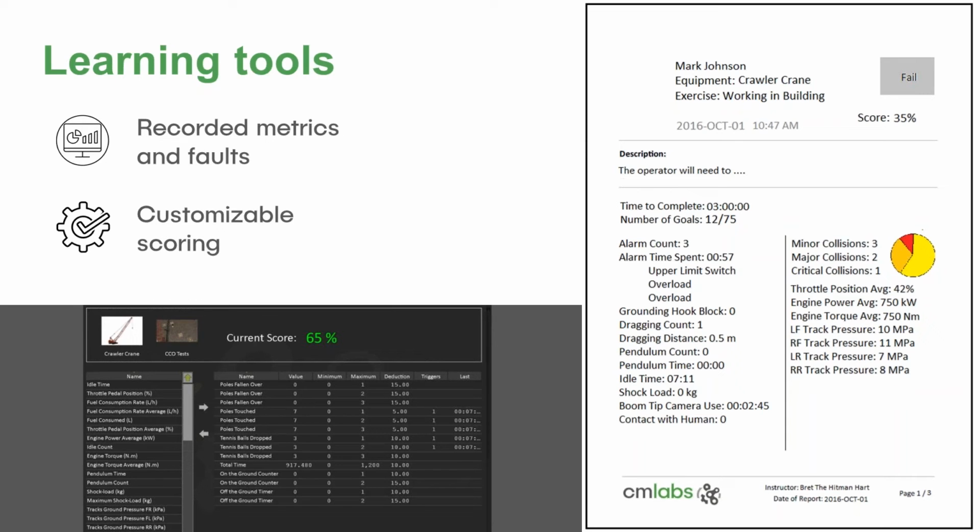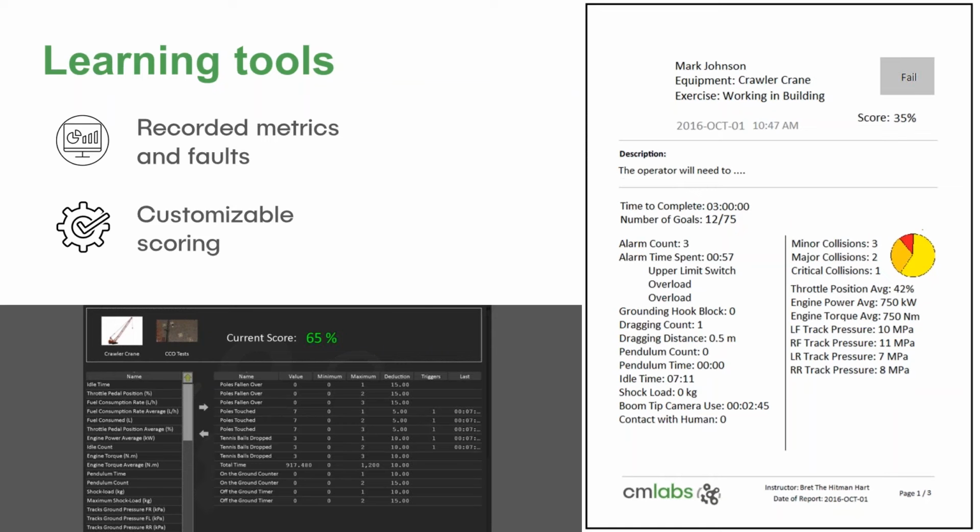And we always record all the information, and we customize the scoring, or rather you customize the scoring. You take all the metrics that we collect, and you can use or not use any ones that you want, and have the student evaluated on your criteria, your values. So if your values are low collisions, don't care about fuel, or if your values are about low cycle time, you put that in there.